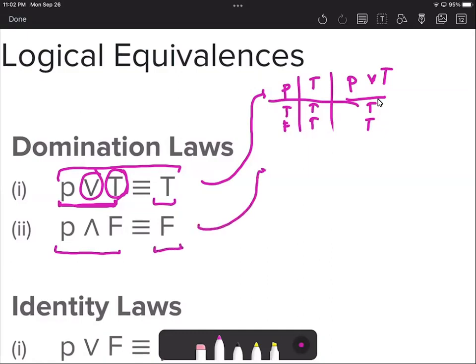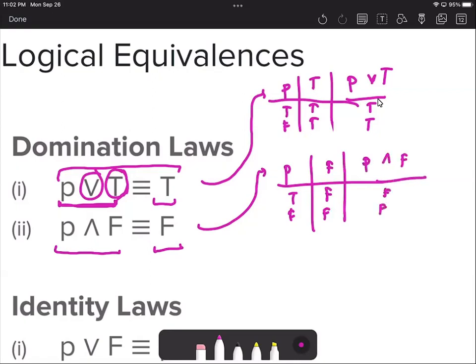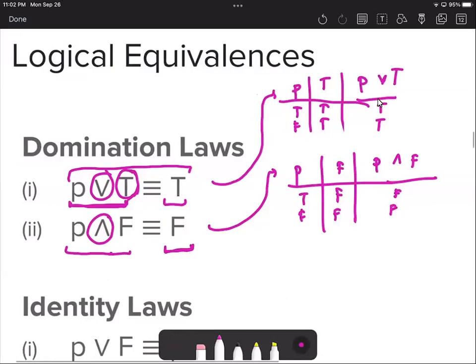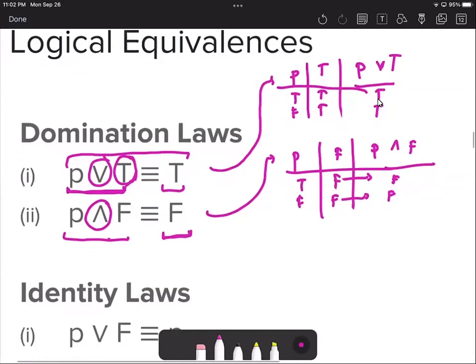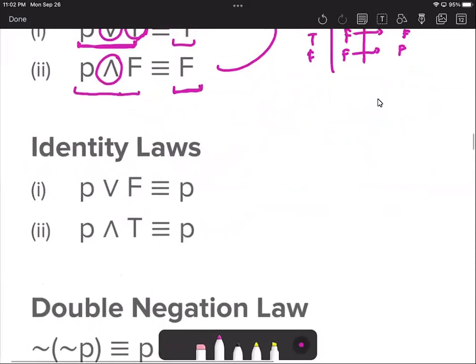Okay, so let us look at the truth table. So we have P, either true, false, and paired with false. Okay, and if we take the conjunction P and F, this will result to both false. And we have already established that if we take the conjunction of a statement with a false, then it will result to false. It will only be true if both are true, right? So this will result to false. Okay. Now the identity law is that